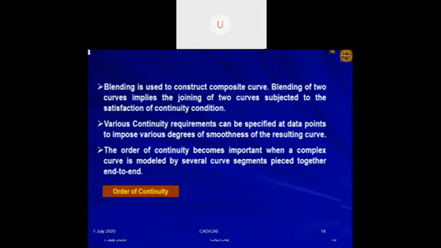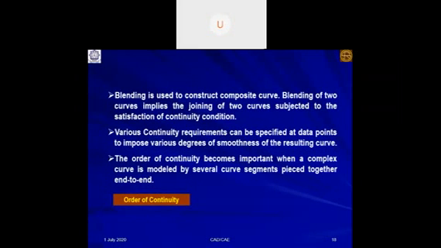There is another concept which is very much required in the use of synthetic curves, or even analytical curves: blending. Blending is used to construct composite curves. Blending of two curves implies the joining of the two curves, subject to satisfaction of a continuity condition. Various continuity requirements can be specified at data points to impose various degrees of smoothness on the resulting curve. The order of continuity